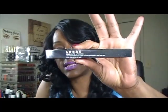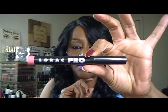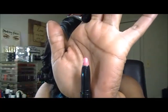Next thing I picked up while I was in Ulta, I was watching Kiss 77, and she was going on and on about these Lorac Pro matte lip colors, and they come in a package like this, and these will retail you for $16. And this very first one that I picked up is called Pink, and I will try and swatch these guys for you. So here is the way the lip colors come, and these are all matte. So here is Pink,